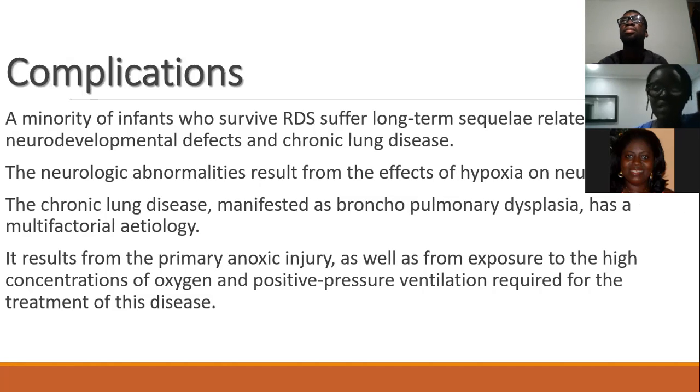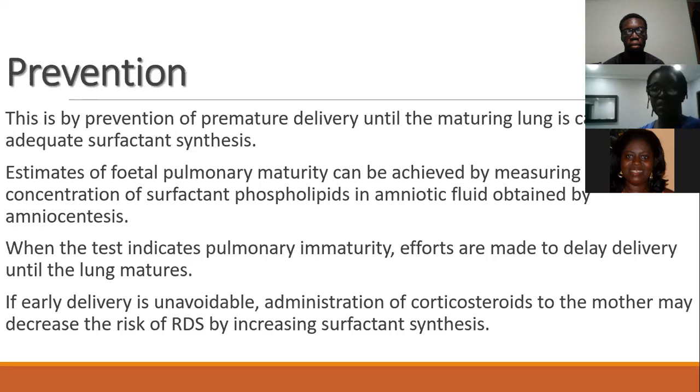So they have things like chronic lung disease, and they can also have neurological abnormalities because they are starved of oxygen for a long period. So the long period of hypoxia can cause brain injury. Then sometimes the ventilation too, if the pressure of the oxygen being given is high, it can cause lung injury as well. So this can be prevented by basically preventing premature delivery, because we know that